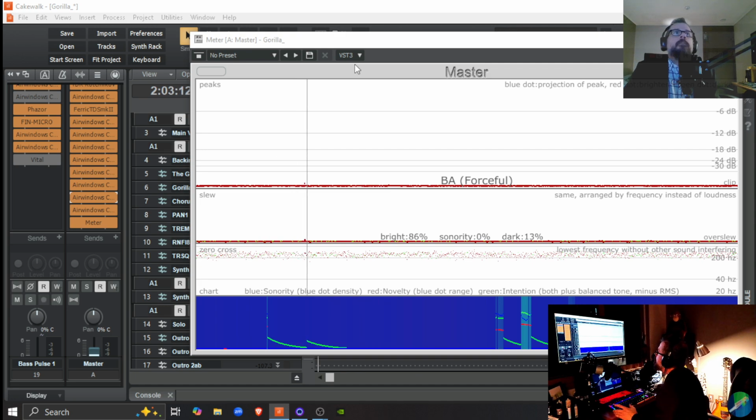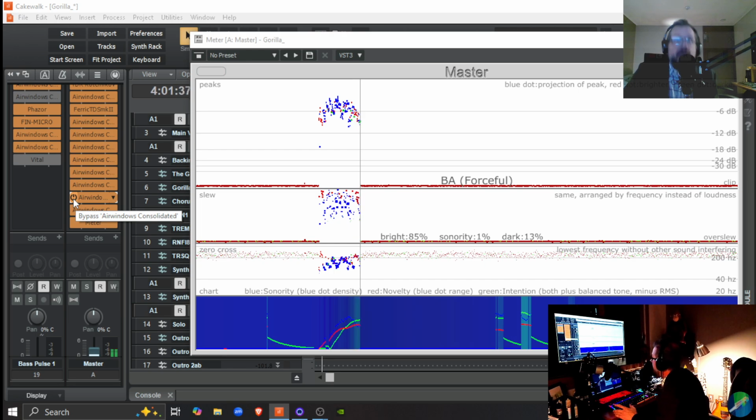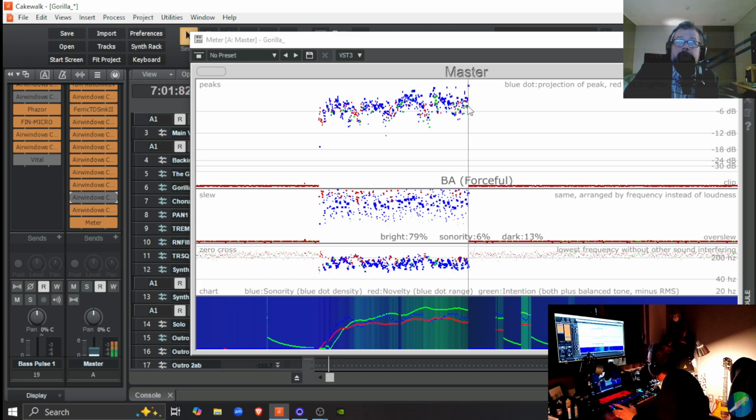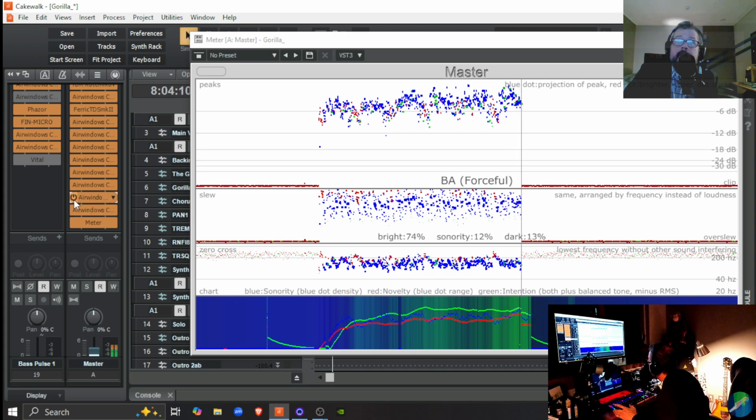And watch meter as well. Watch the peaks up here. See that?